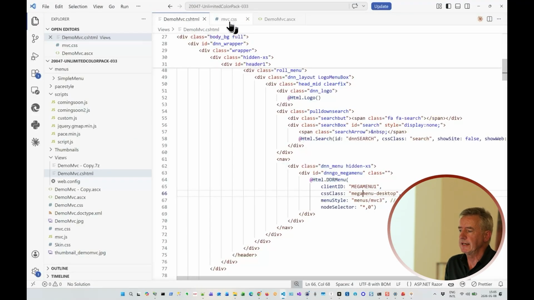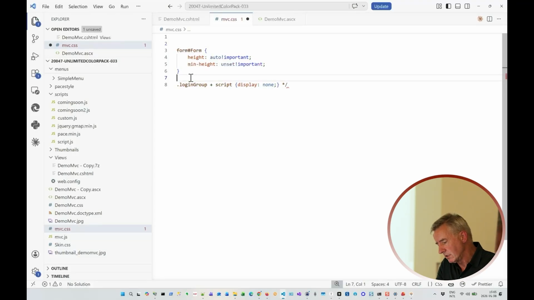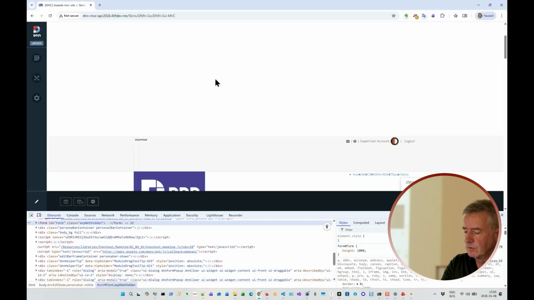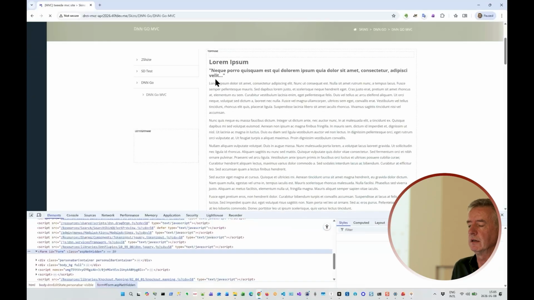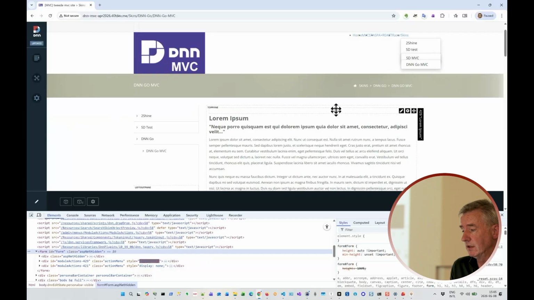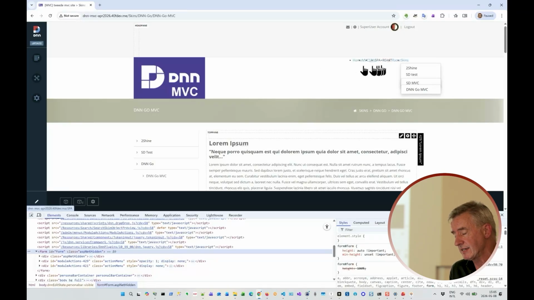In this particular case, the tweak was to add some very small CSS to get rid of that white space. So now we have a sort of skin back. Some things look okay, other things do not look okay. So you have to go work on that. And in this particular case,